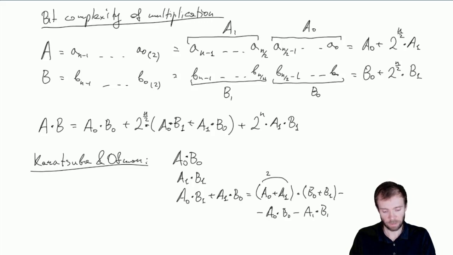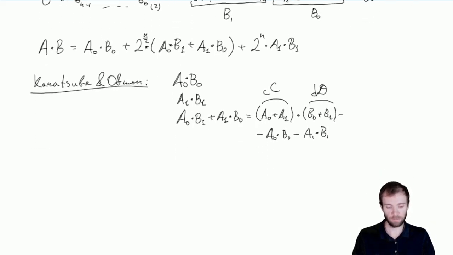But if we write down these sums as, say, capital C, where this part is a binary number of n over 2 bits, and this is the additional bit that can happen here. And if we write down this number as capital D, again, where capital D is a binary number with exactly n over 2 bits, we can see that we can multiply these two numbers like this: